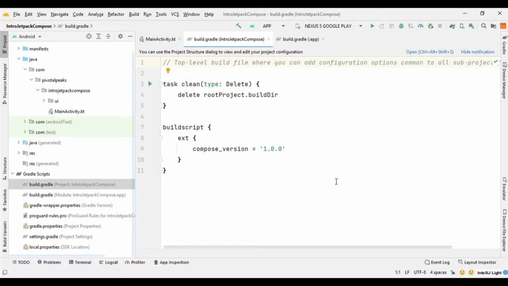It defines build configuration that applies to all modules in your project. By default, the top level build file uses the buildscript block, which defines the repositories and dependencies that are common to all modules in the project.